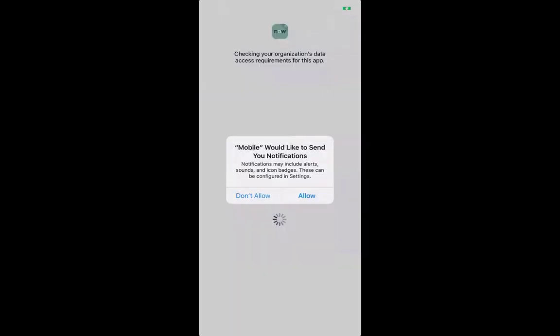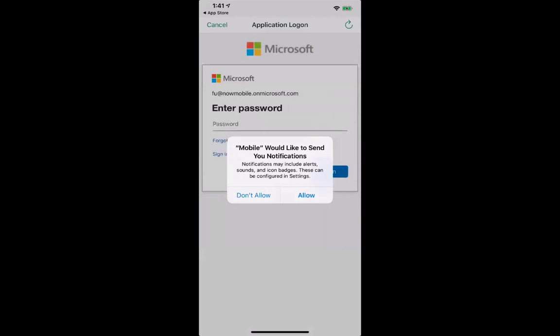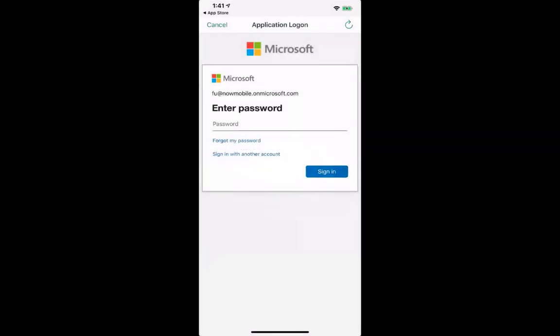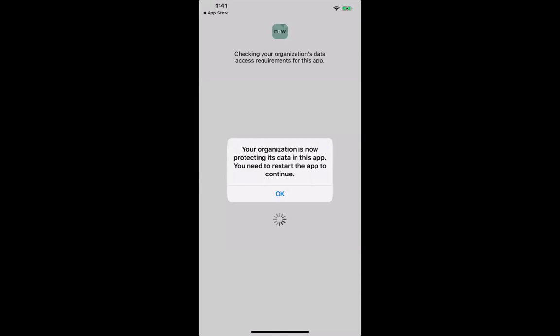So your users download this, and the first thing they'll notice is that you're going to get prompted with your Azure login, and so you have to apply your login information here. I'm going to stop sharing my screen real quick so I can put in my password. So once you put in your password, what's going to happen is that